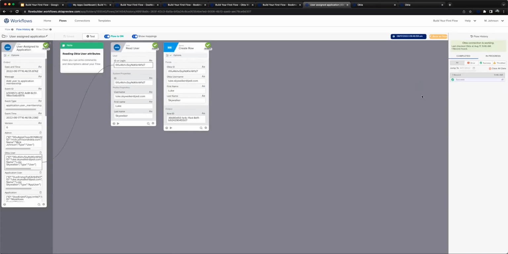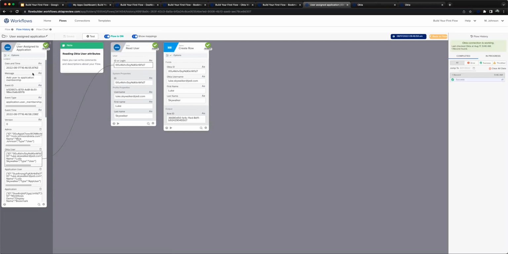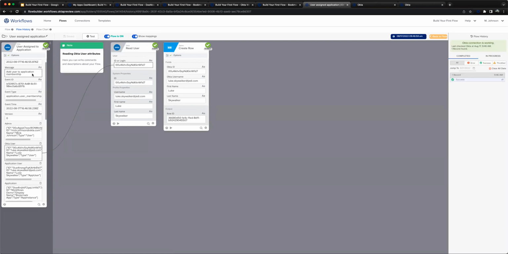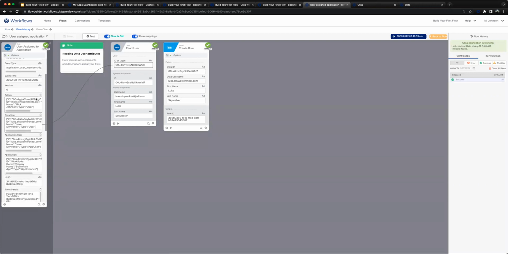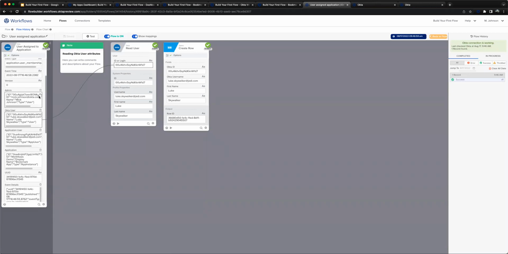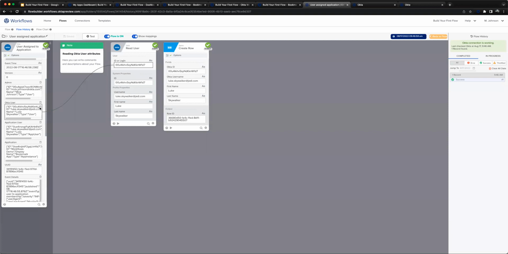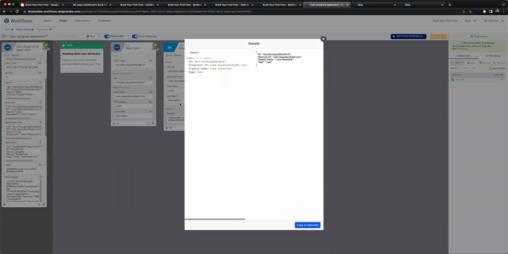And so if we go to flow history, yeah, cool. So what we'll see is we have the output of the event. You can see I was the admin that assigned that user. And what I was referring to earlier was,